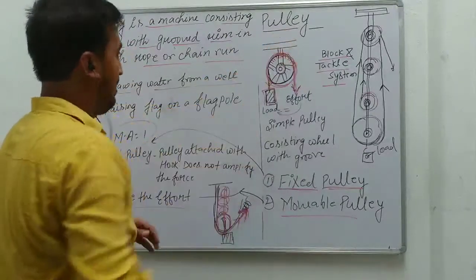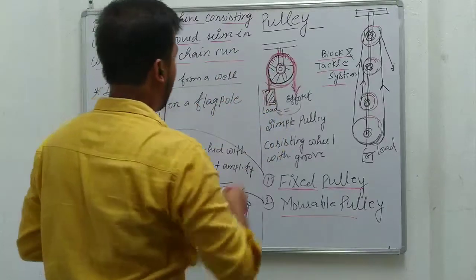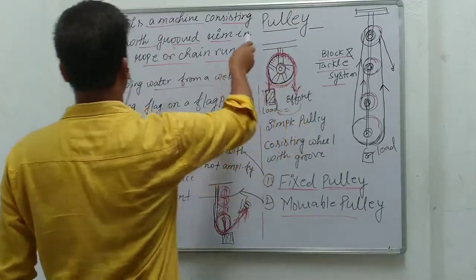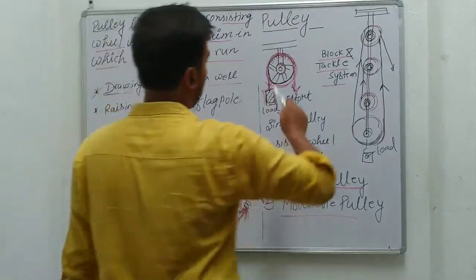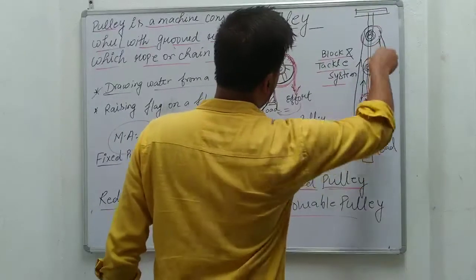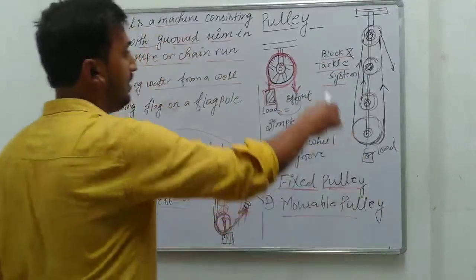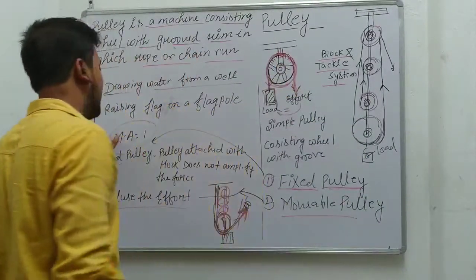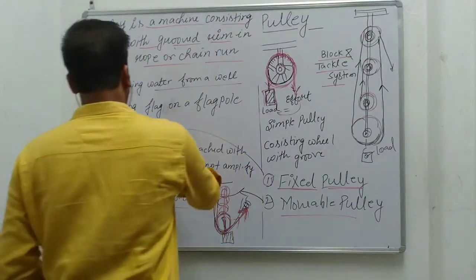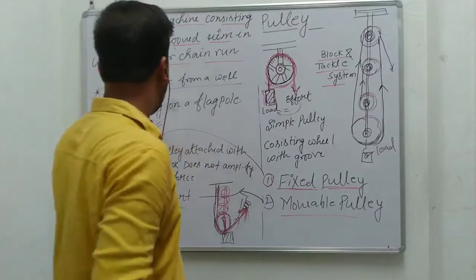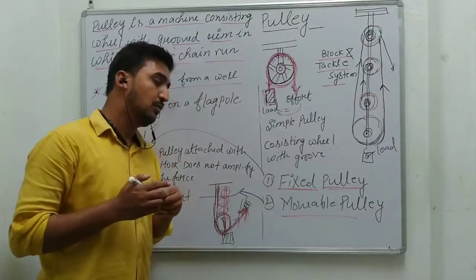So this is all about pulleys. A pulley is a device which is used to raise an object. It has a system in which a rope or chain can run. It has a block and tackle system: if a number of pulleys are attached to each other at a time, that system is known as the block and tackle system. The mechanical advantage in the case of a fixed pulley is always equal to 1, because in this case load and effort are both equal, and if we have to reduce the force, in that case we'll use a movable pulley.